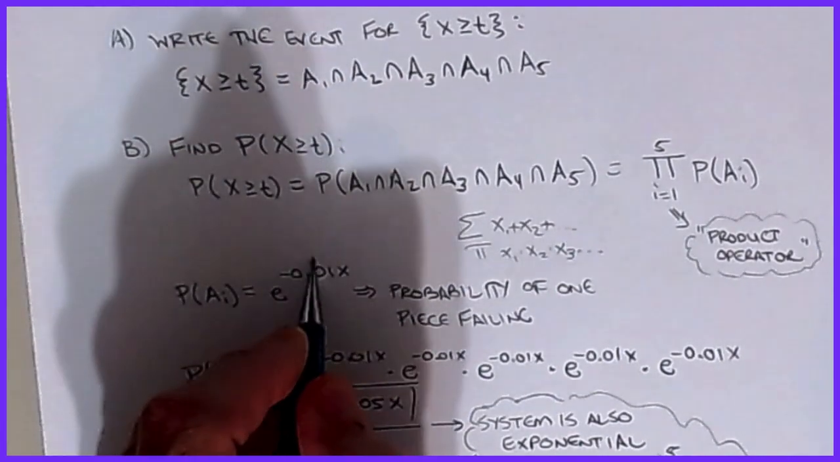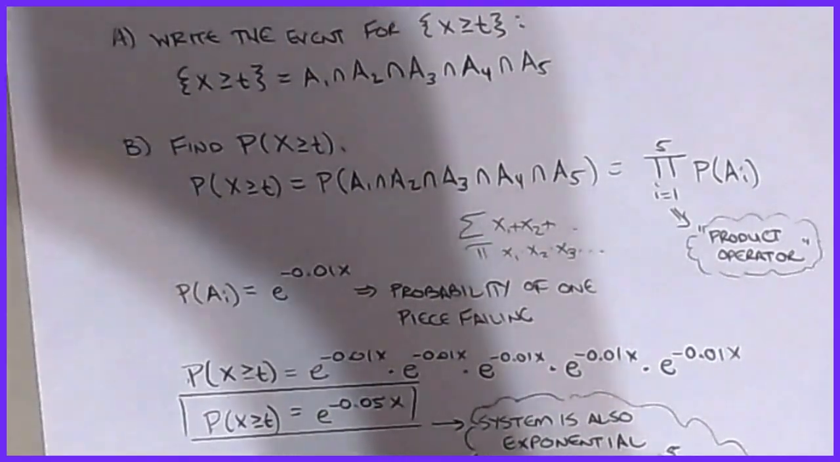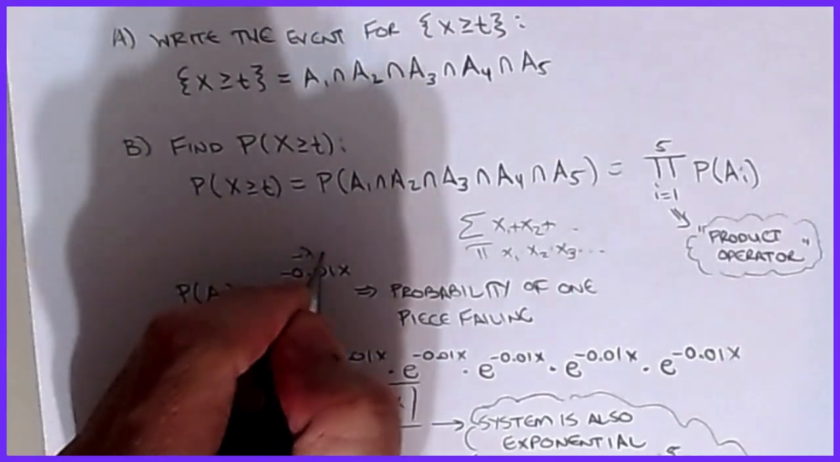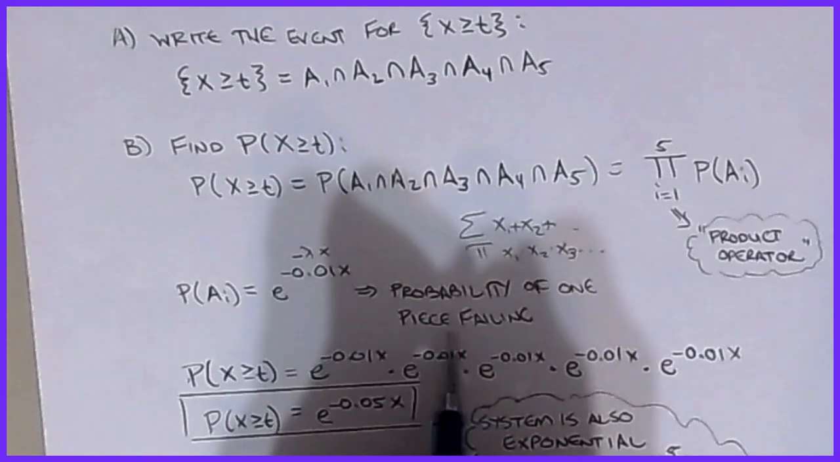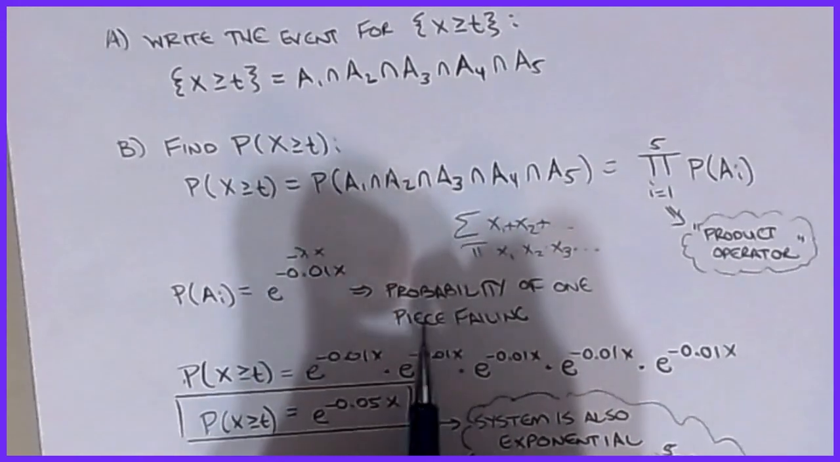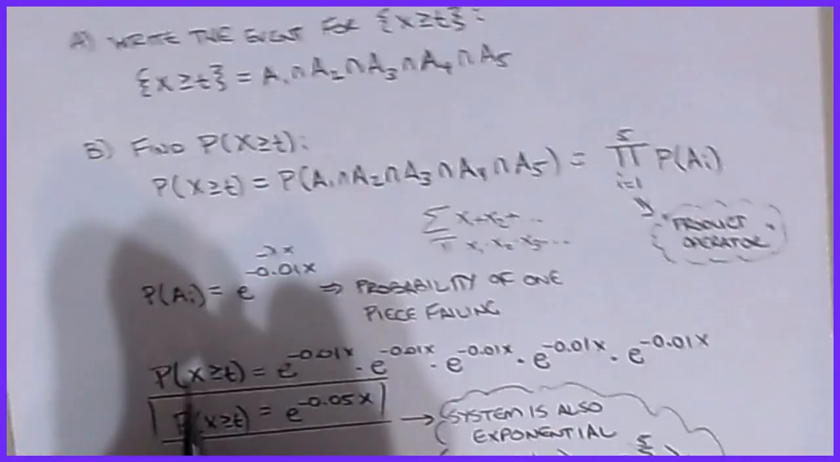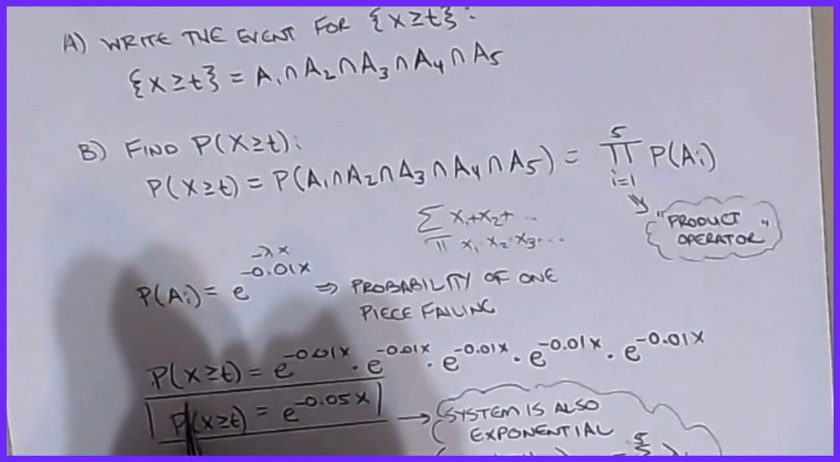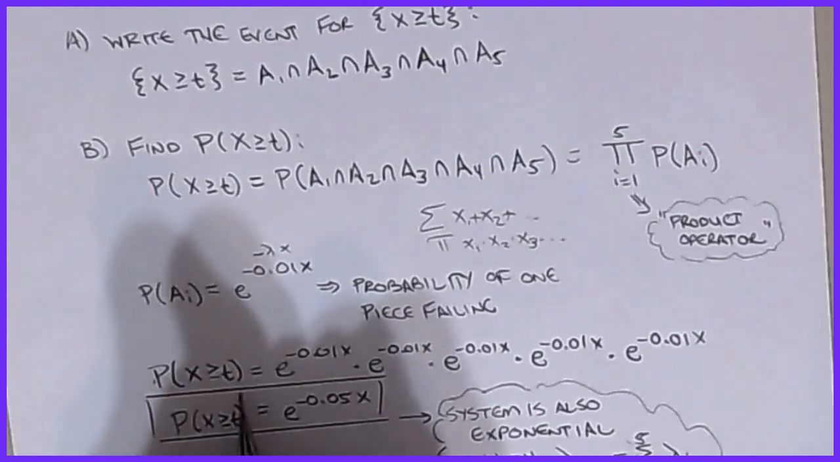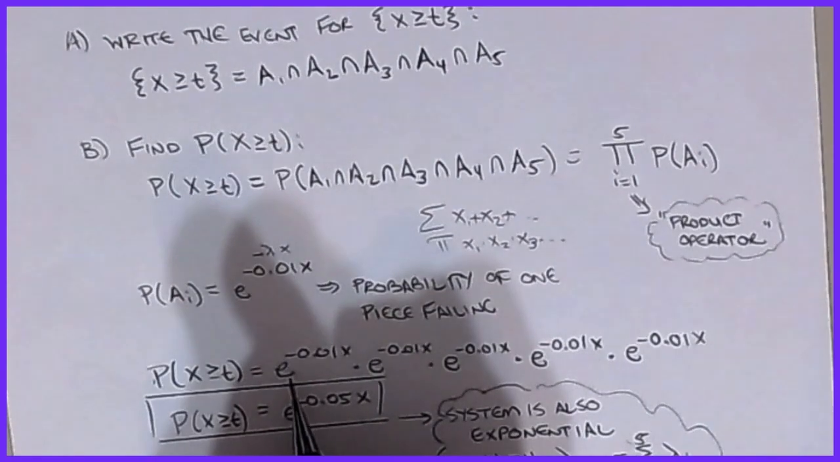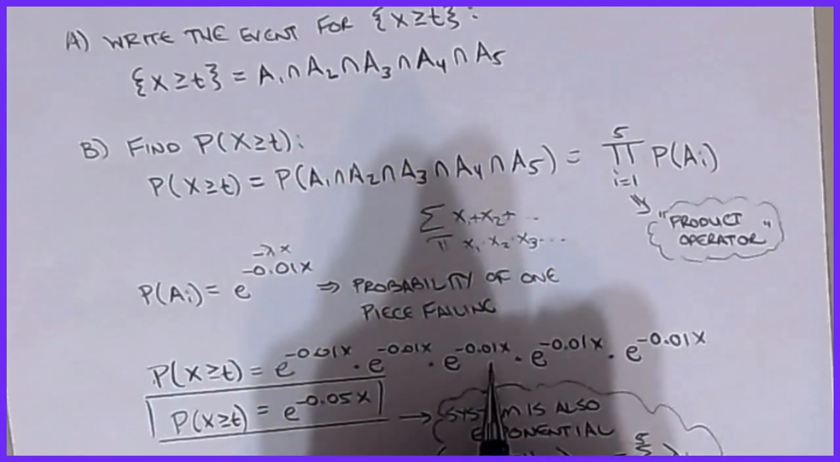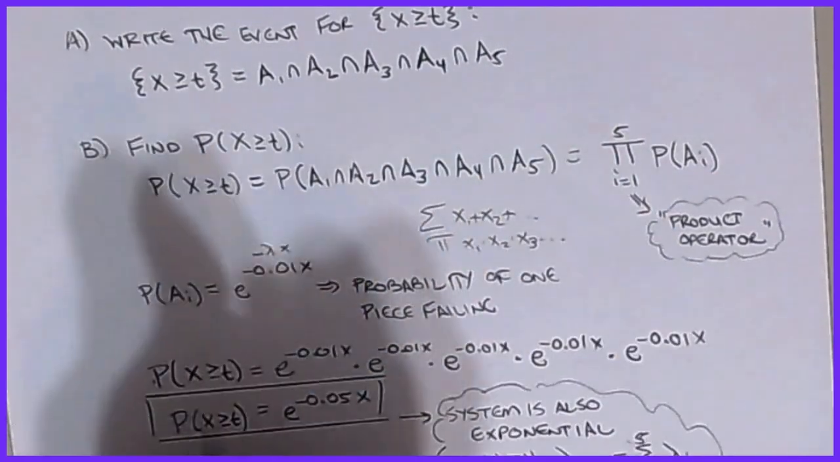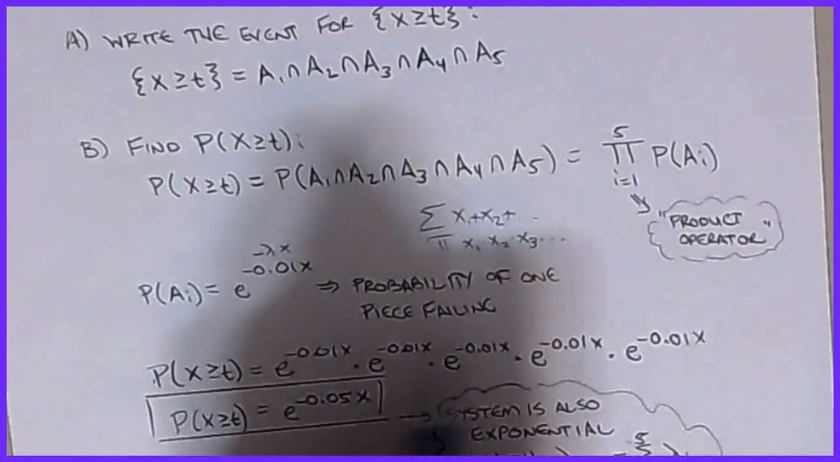So again, that's my lambda, it's minus lambda x. On that, okay, is the probability of one piece failing before time t. Now if we apply our product rule, then the probability of the whole thing, X being greater than that time t, is going to be item 1 probability multiplied by item 2 multiplied by 3, by 4, and by 5, and I can do some algebra and combine all these,